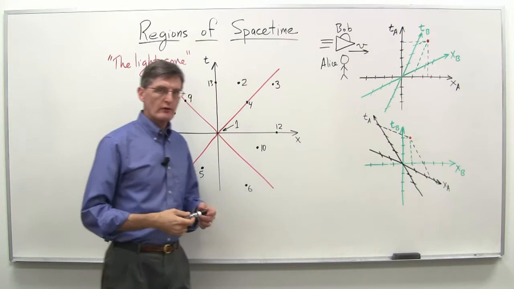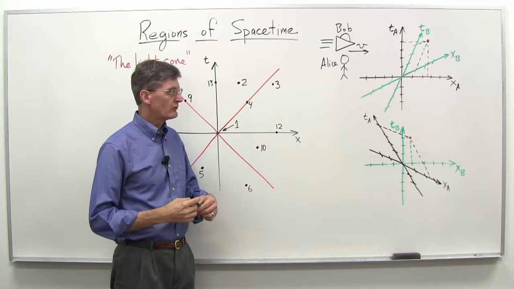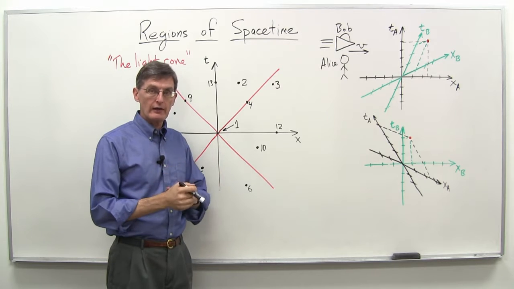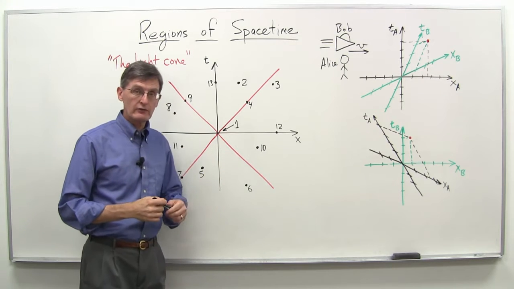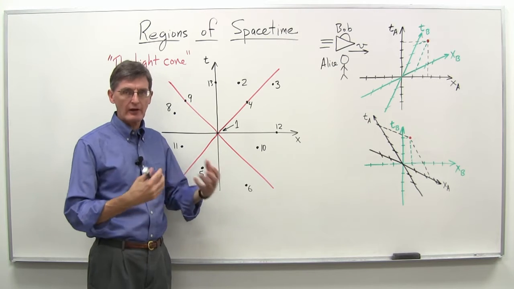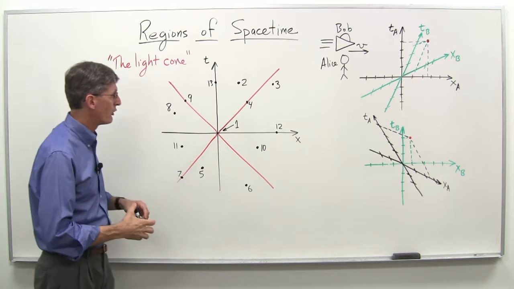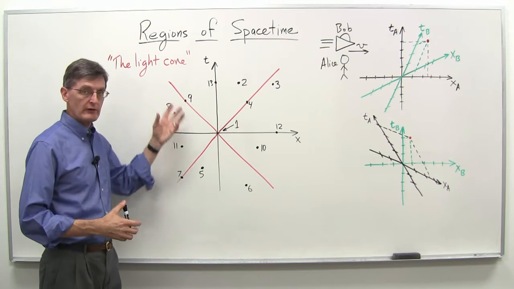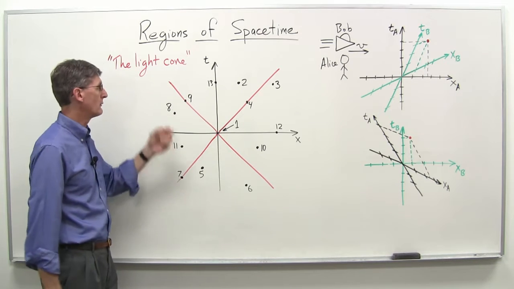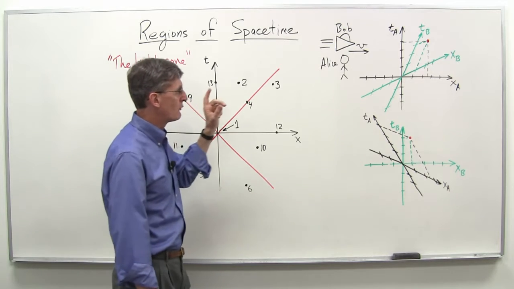We've been exploring space-time diagrams over the last number of video lectures and seeing how they can help us visualize and gain some insight into some of the key things about the special theory of relativity, such as time dilation, length contraction, the Lorentz transformation, and so on and so forth. In this video lecture, we want to consider this idea of regions of space-time and the so-called light cone. We'll get to that in a second, but before we do that, I want to go back to something